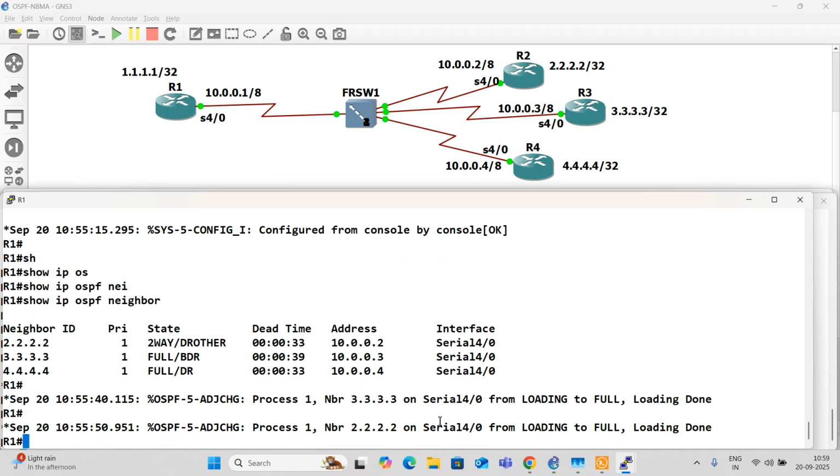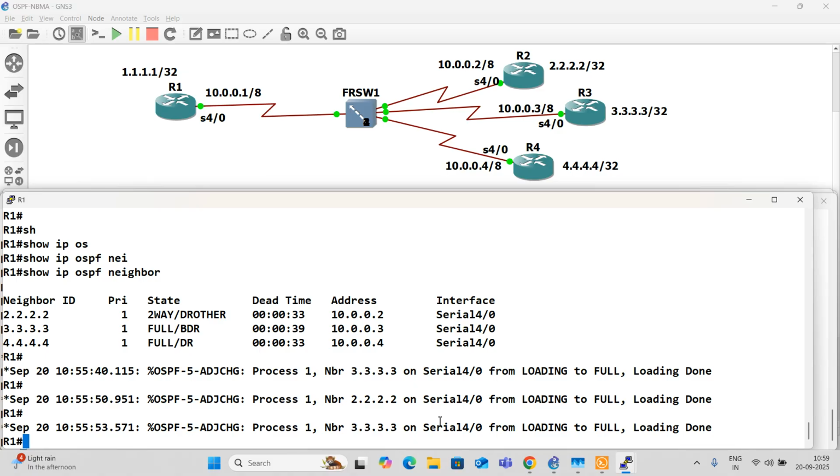So we learned that this DR BDR is of no use actually. If router 1 goes down, the relationship between 2, 3, and 4 will not be there. Router 1 is the reason for 2, 3, 4 participating in this election. If router 1 is discarded, all those 3 routers will be individual routers. They cannot form neighbor. Router 1 is the hub. If hub is not there, how can they be called spokes? So that's the drawback. You cannot do this if you have partial mesh.